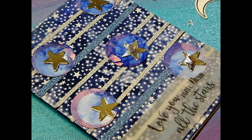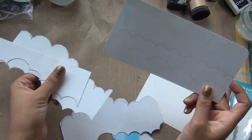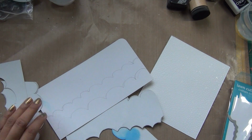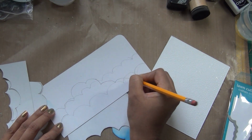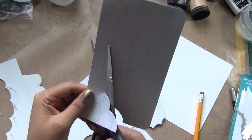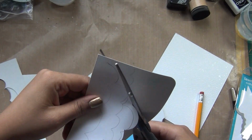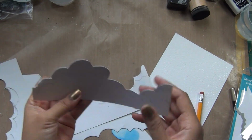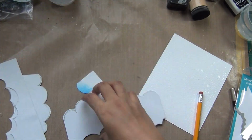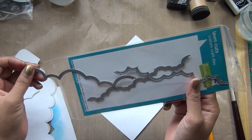You can see what we are creating today, and for both of them I already heat embossed the star background with the Hero Arts big embossing background stamp off camera, and I already stamped those on the watercolor paper. Now I'm just using a scrap cardstock that came in a packaging, and you can use directly these kind of